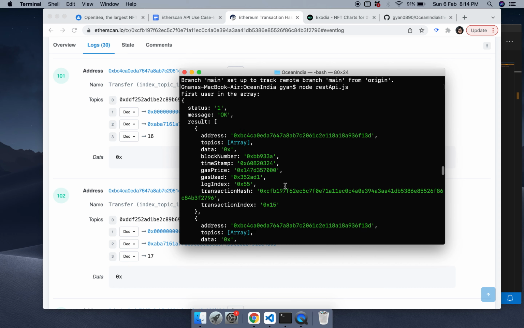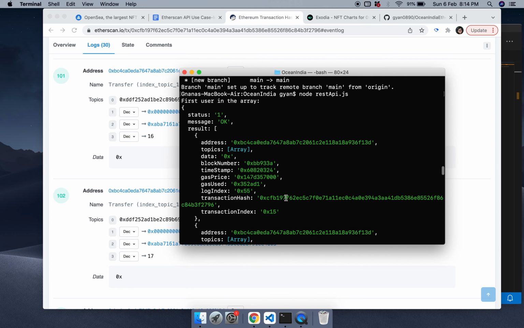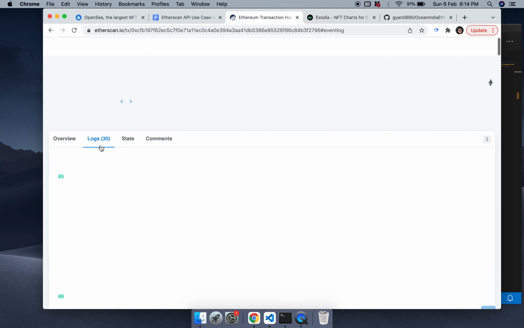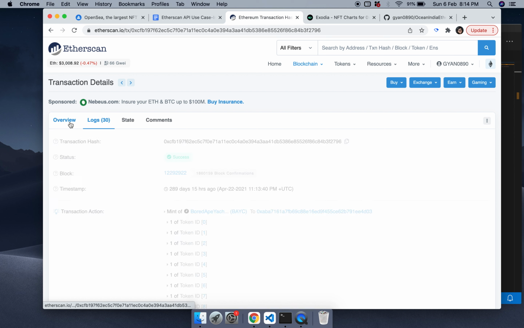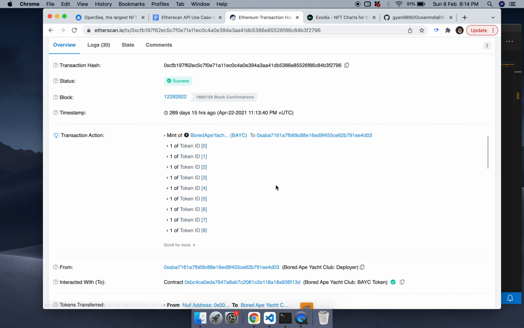Now, what was interesting is that a couple of the initial transactions that I found were all about minting, right? So this was something really cool. This is one of the transactions that I opened, and at this particular block number, one of the transactions is all about minting the token IDs to a specific address, right? So we could